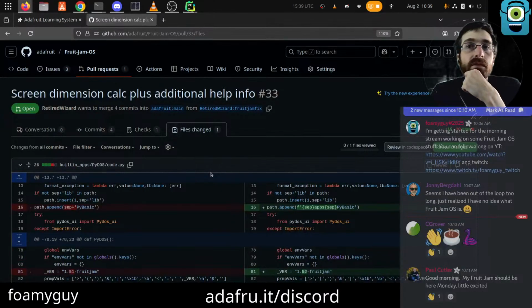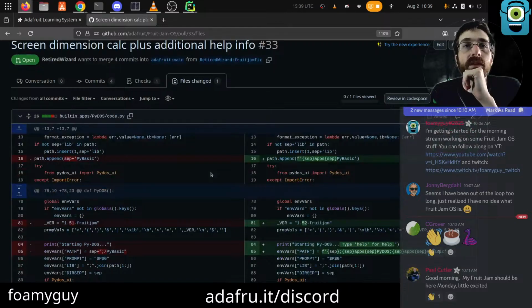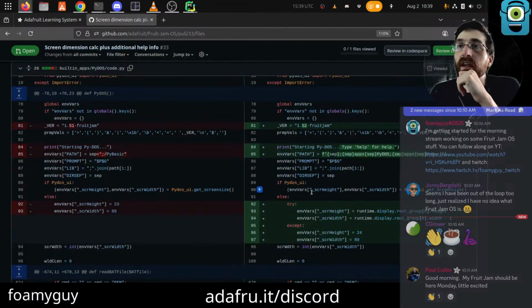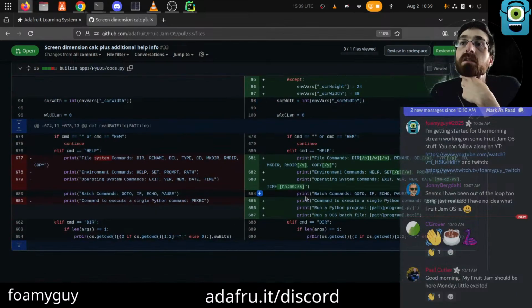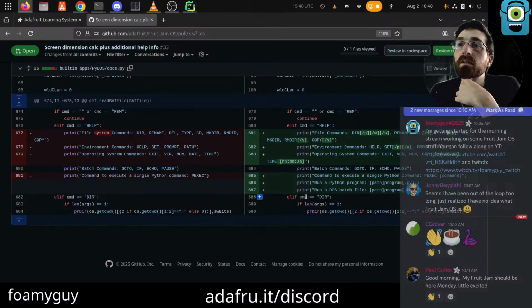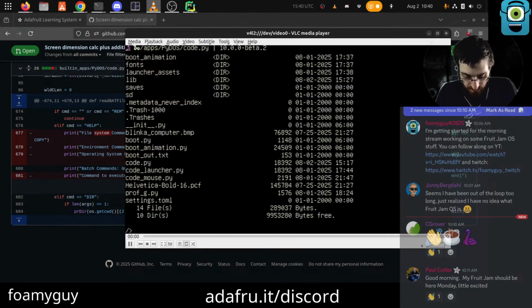Separation. Basic. Oh, using it. It's basically using an f-string instead of a plus, but then also adding apps. Yeah, okay. Vision is good. There's a bunch of new flags documented. Oh, there is a help, so we could see. Forgot about that. I think I actually did discover that last time.